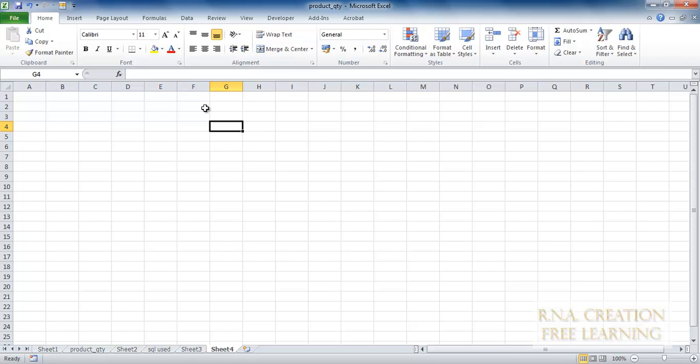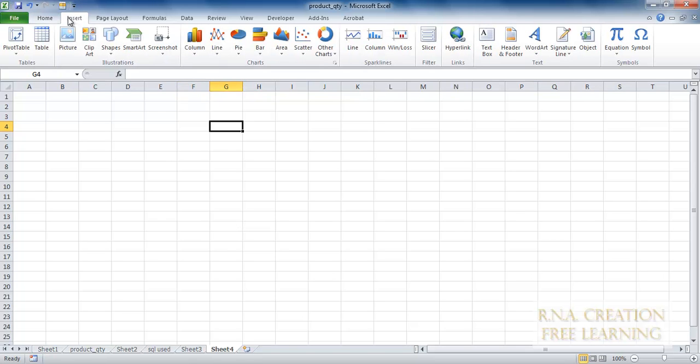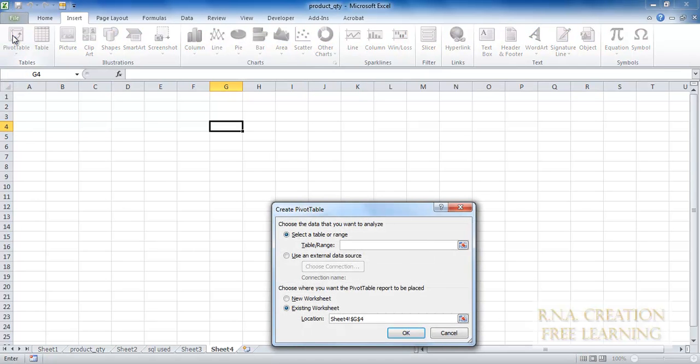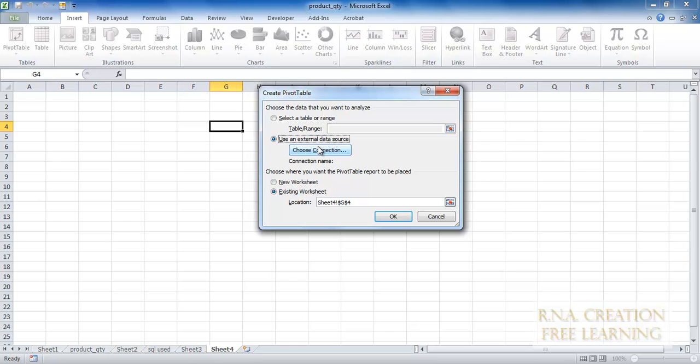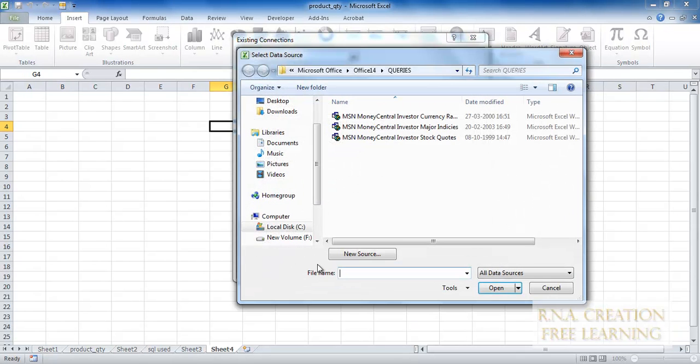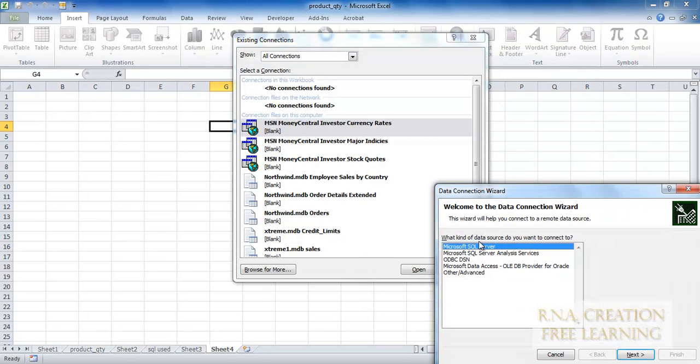Now let's go and make a pivot table from the Access database, and here I say insert pivot table. I do not have any range, I do not have anything, so I say select external data. I choose connection, browse for more, and I go to new source.